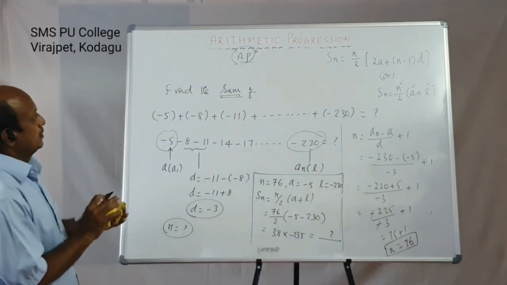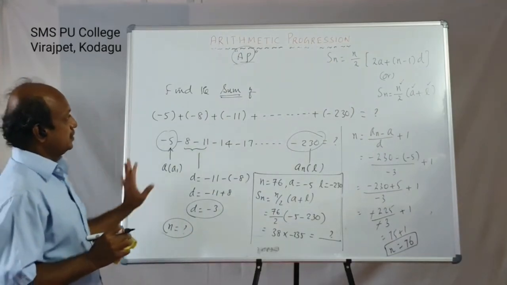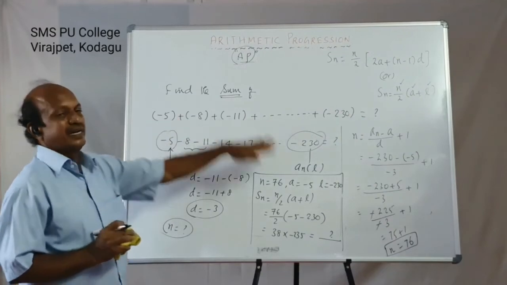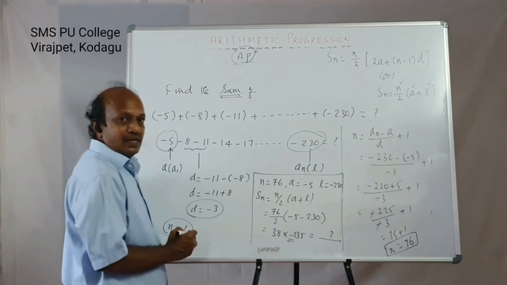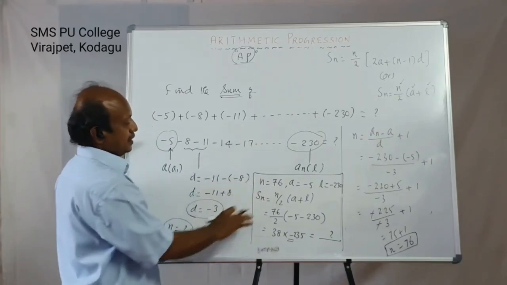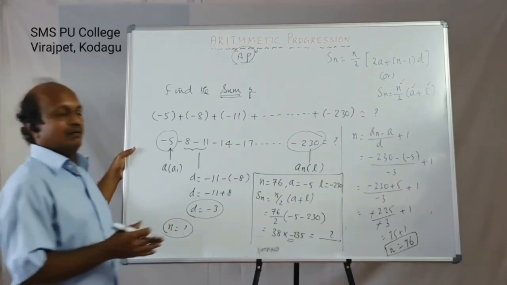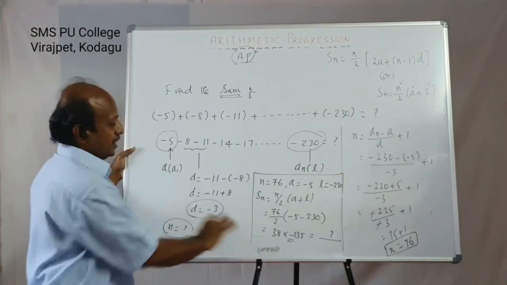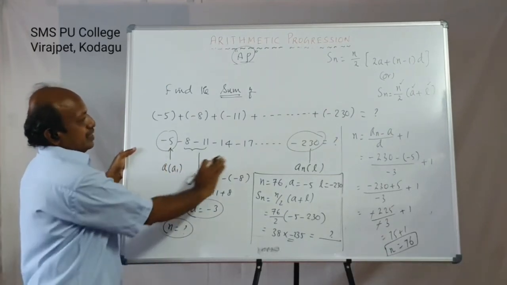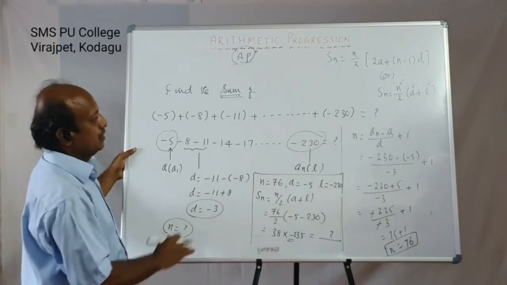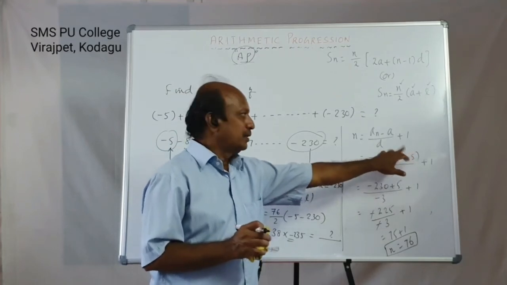Let me repeat the problem. You have to find the sum of this. Remember, the first thing you should come to know is that all terms are negative. Therefore, the final answer will also be negative. Please remember, once you see the problem, you should be able to tell whether the final answer will be positive or negative. Here, the final answer will be negative. Then you identify the values of a, d, n, l, and the other things. Then you have to find the value of n. To find n, I have given a simple method. You can go for it.